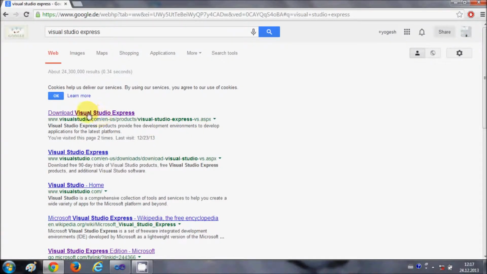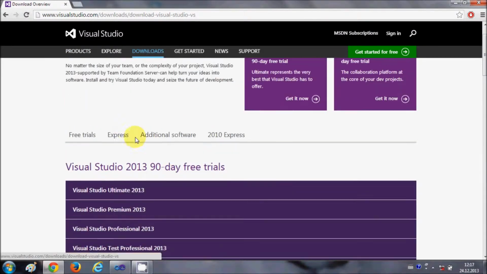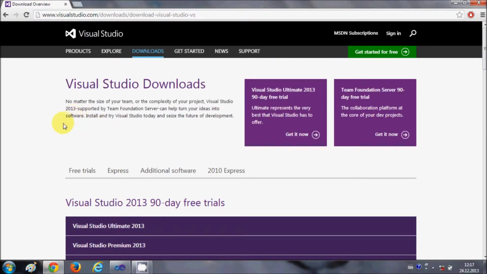Visual Studio in itself is a very expensive IDE, but it has an Express edition you can download and you can use it for free.